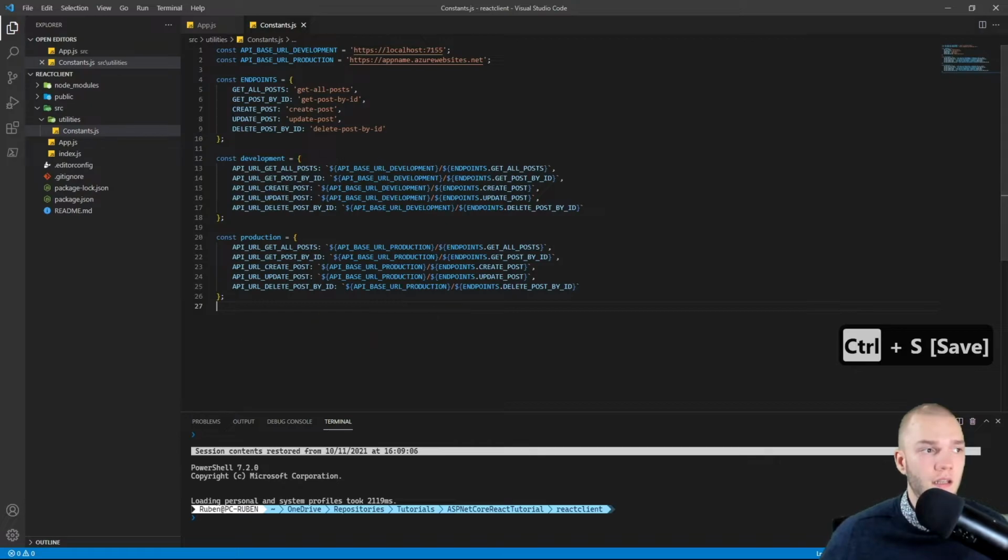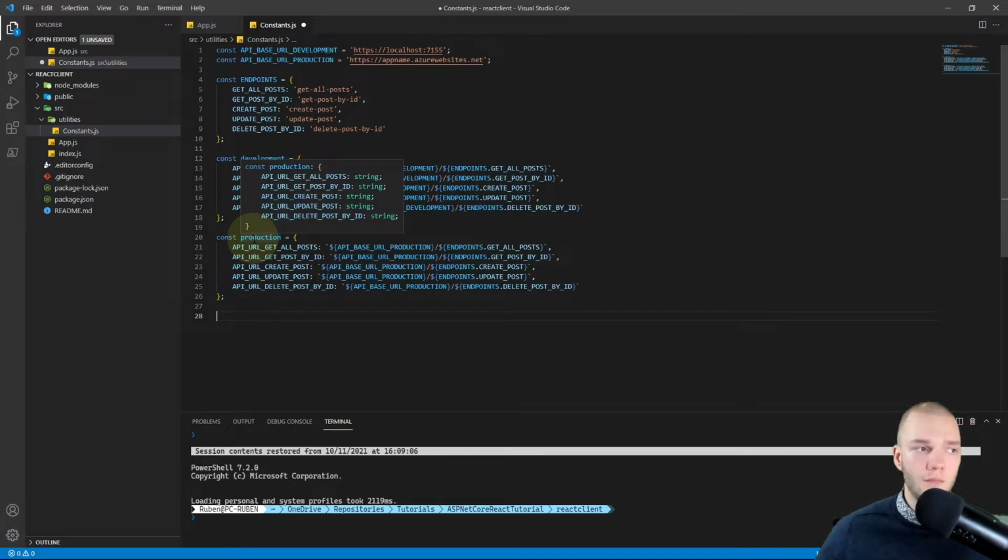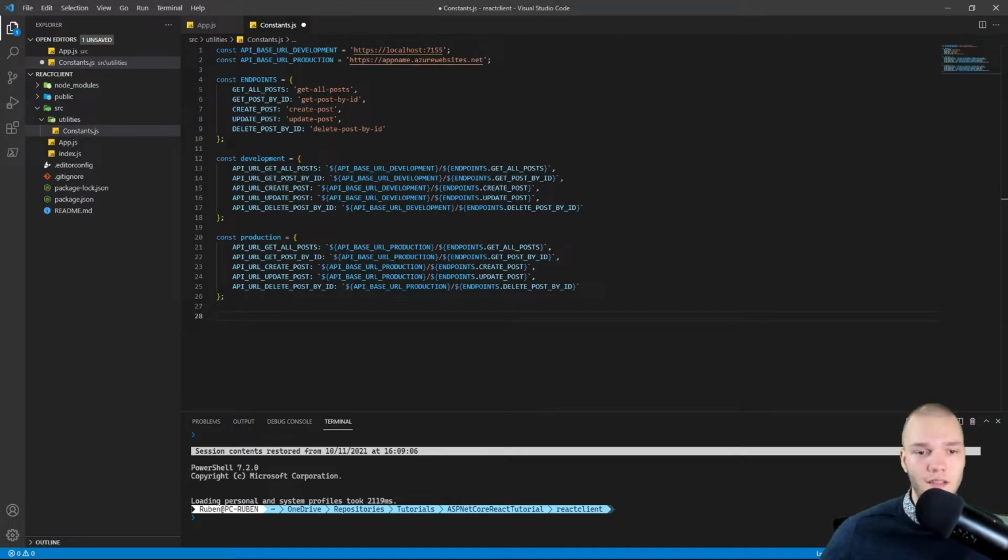Save that. Right. So finally, I want to declare a variable that holds this development or production object based on whether our React app is running in a development or production environment. Make that the default export.